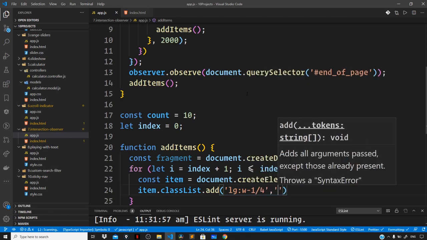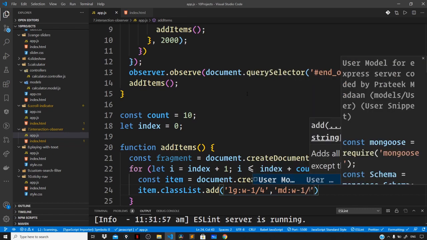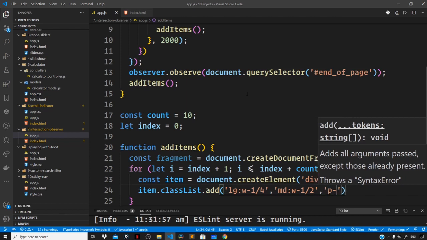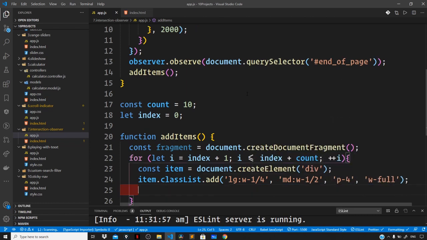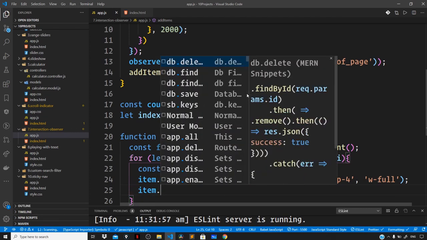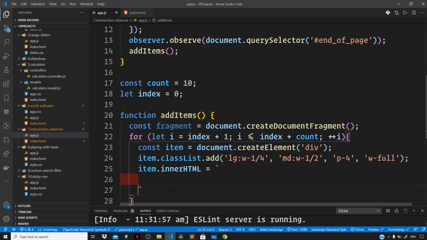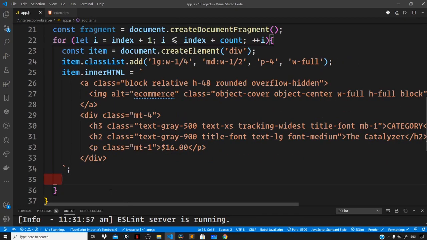Then let us add the second class. On the medium screen I want a width of 1/2, or half the width of the viewport, and next we want a padding of 4 units all around and a full width for the item. Next, let us prepare some template for our item. So item.innerHTML, set this to template strings, and here let me get the markup from the course files. So let me paste it right here, and finally attach this item that we just prepared as a child